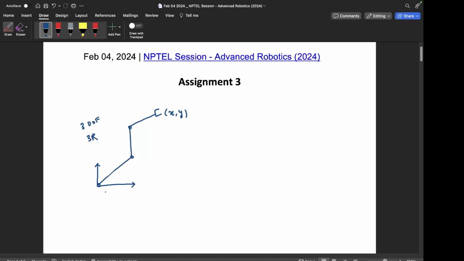So any such manipulator in reality has these joints with some actuation